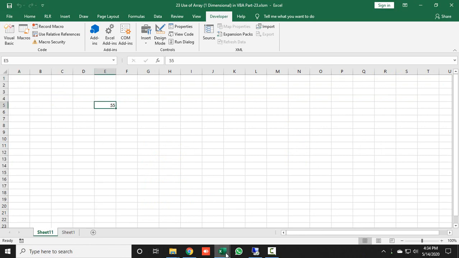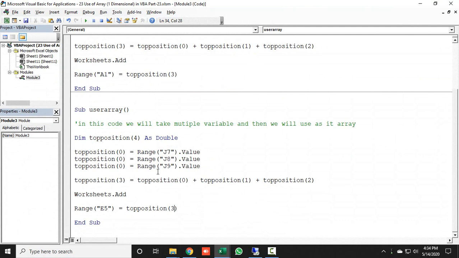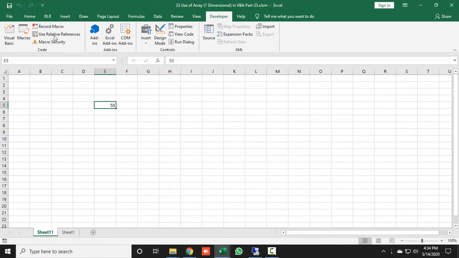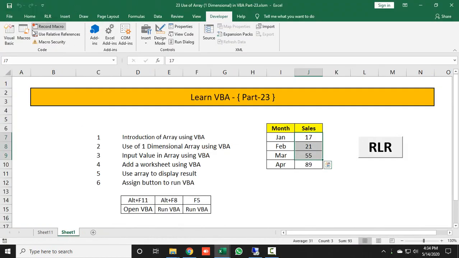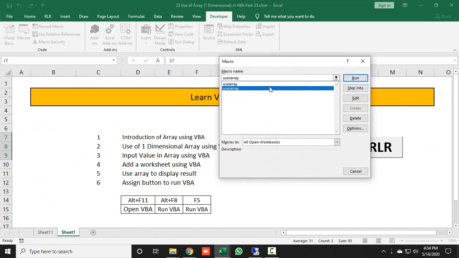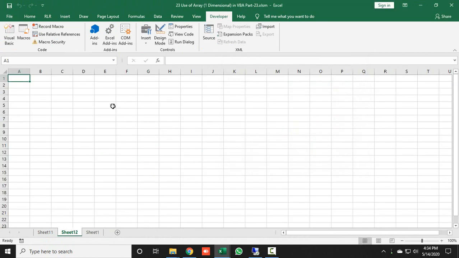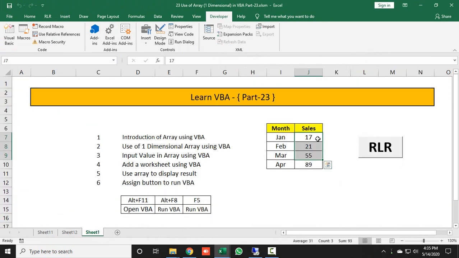Let's see why it is showing only 55. Here you can see I have defined only 0, so here I need to take 1 and 2. Now just run it again. Go to your sheet, run your macros, select this one, and run it. Now you can see the total sum is 93.